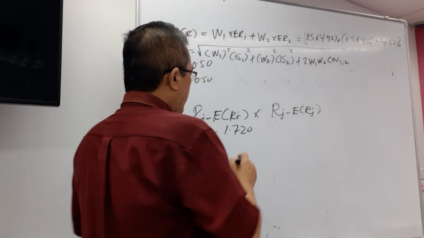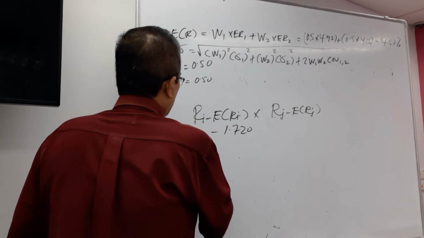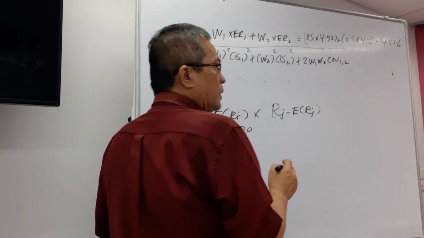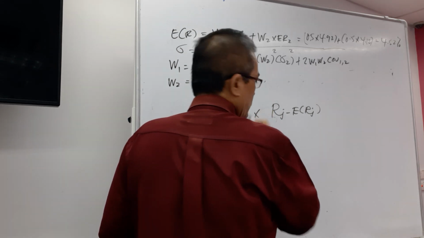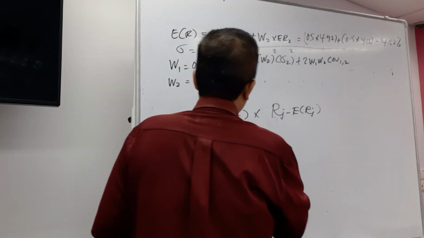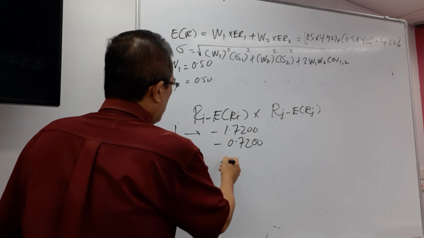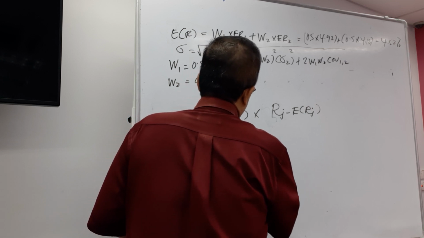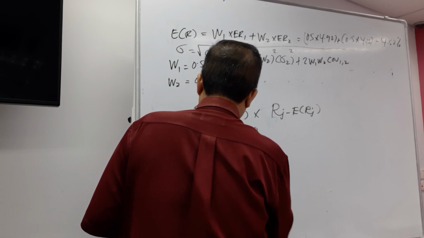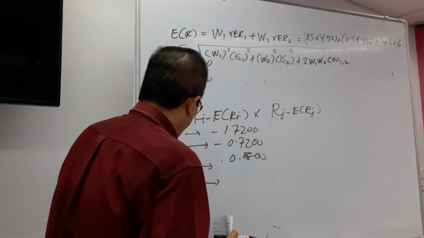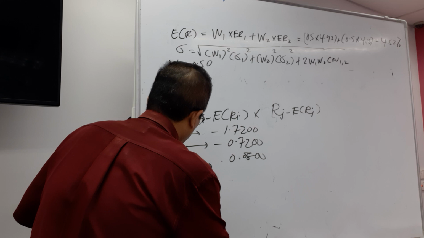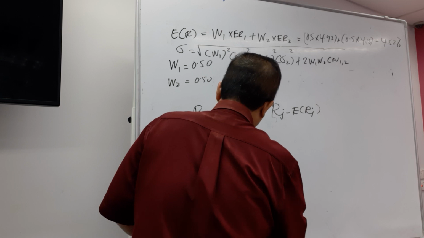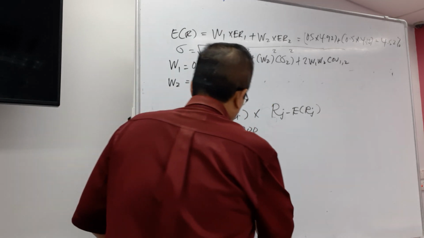Okay, what about this one? Negative 0.7200, if we want to make it 4 decimal points. What about the third month? 0.0800, and the fourth month? 2.6800, and the last one, the fifth month? Negative